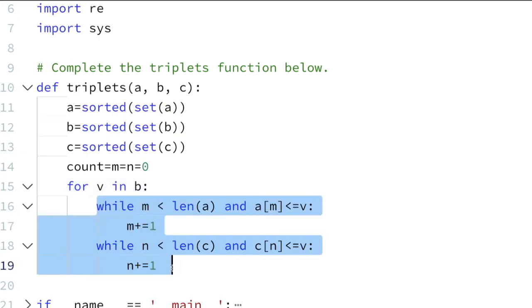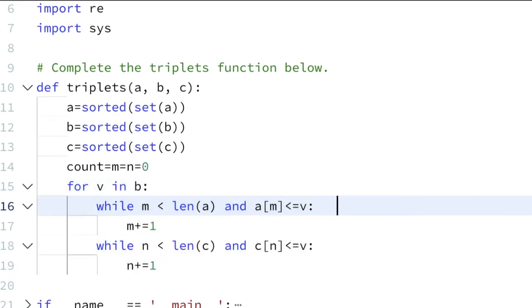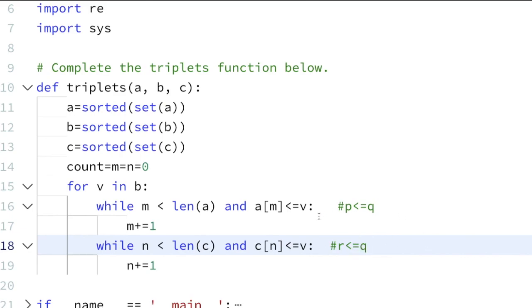So we are done. This is my condition. This condition is for P should be less than or equal to Q, and this is for R should be less than or equal to Q. Means our Q should always be greater than or equal to P and R.